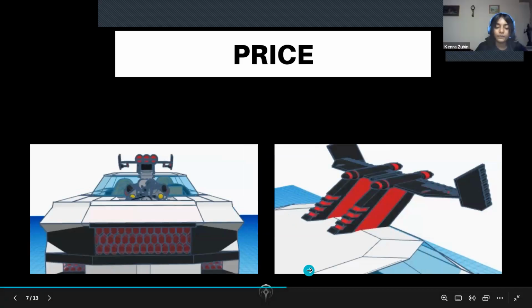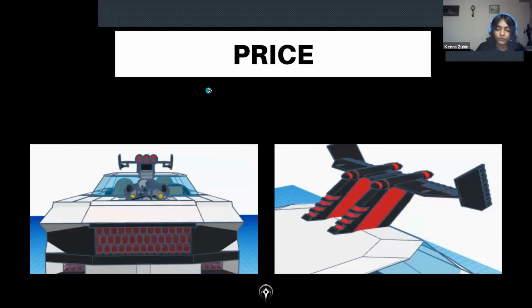So the premium price tag of 2 crores for the Divergence hybrid car can be attributed to several factors that contribute to the exclusivity, advanced technology, and exceptional performance. Here are some reasons for the higher cost. Hybrid technology.